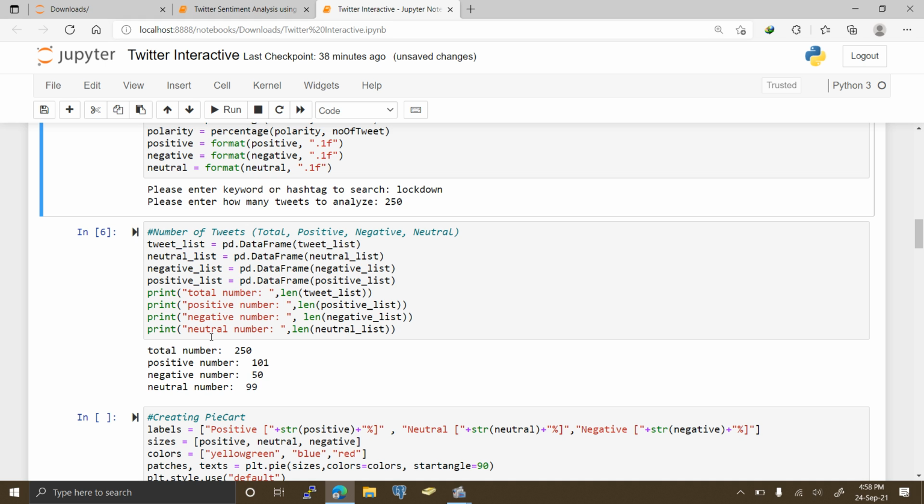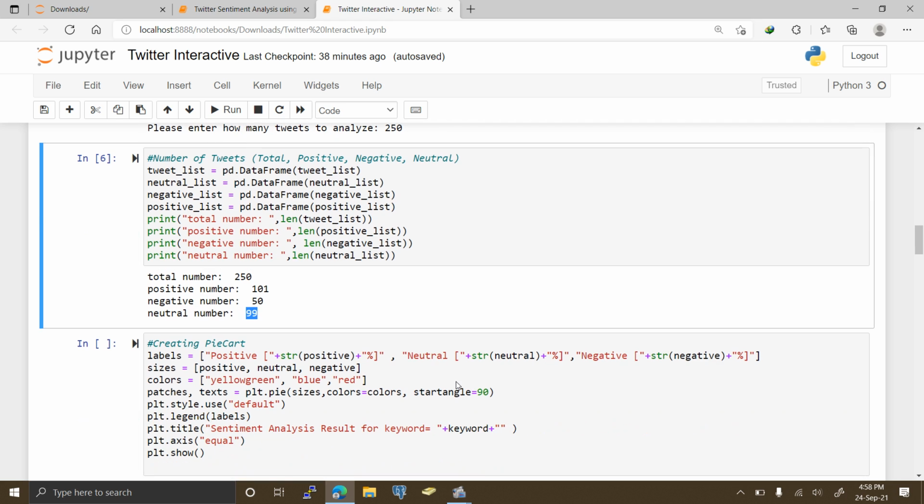So if you run this, the total number of tweets that we've managed to get about the hashtag lockdown is 250, and the positive ones are 101, and the negative ones were only 50, and then the neutral ones are 99. So you can actually say that it's something that we can rely on in the case that it's able to extract as many tweets from the internet. So the first one was doing it from a particular person, and this one now is doing it for